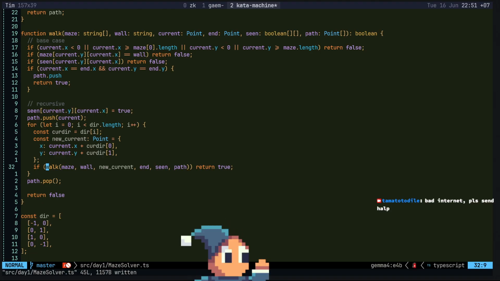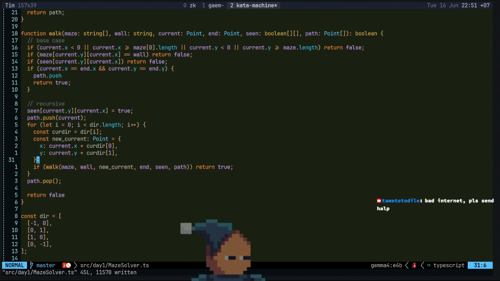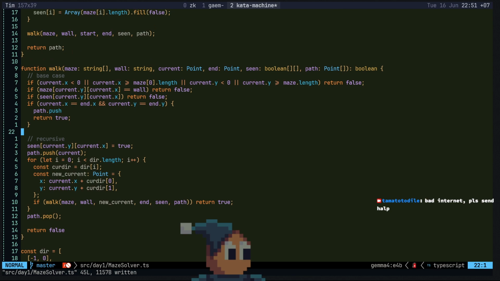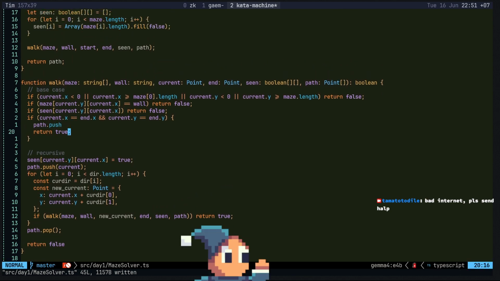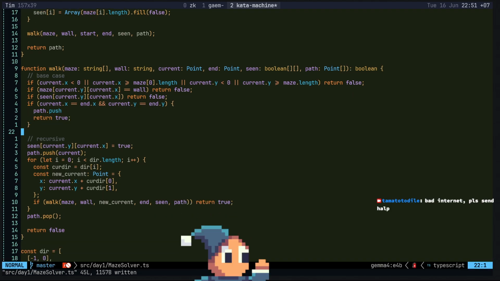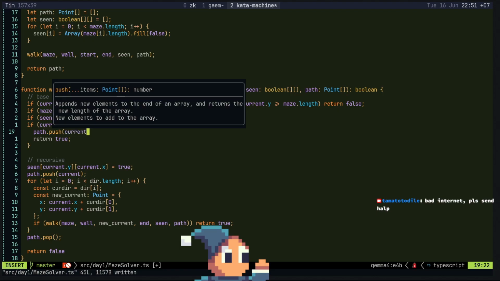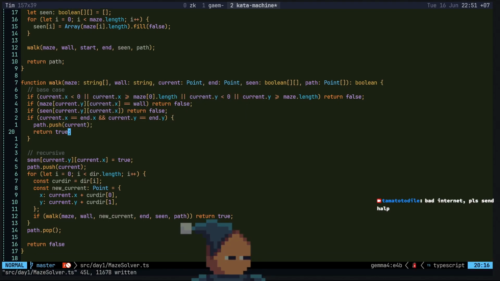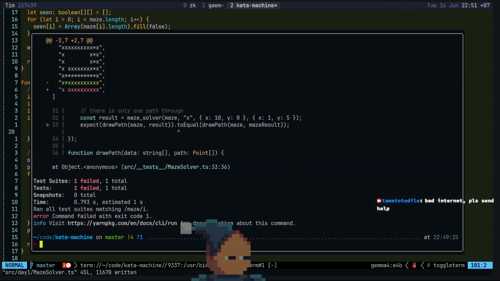We've actually seen the end or the exit. But because we're not going through here, we're going here directly and returning true. So we're not pushing the current, which means we should fix it.